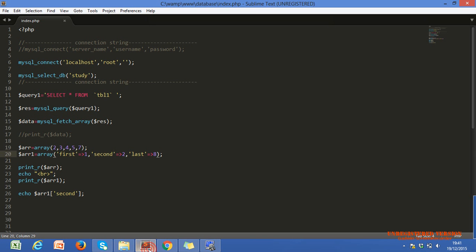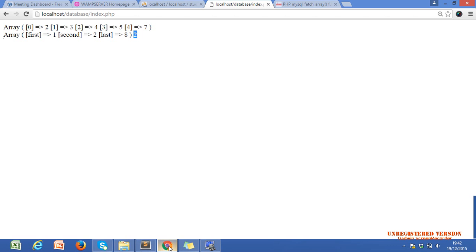Rakhi, did you get the working? What is the associative array? Associative array is the array in which we can assign a user-defined key, so there is a key and value combination. But our indexed array is the simple array. The key is the numerical index, nothing else, and it starts with 0. Numerical indexes start with 0 and so on.